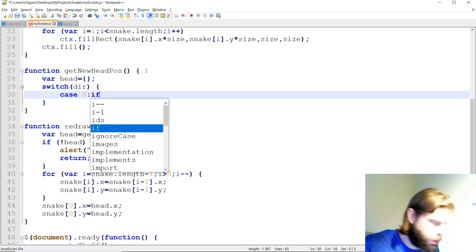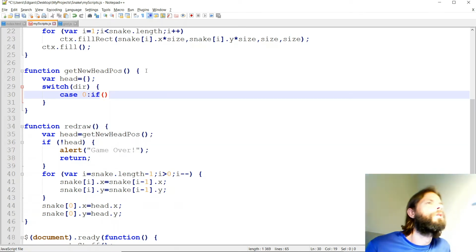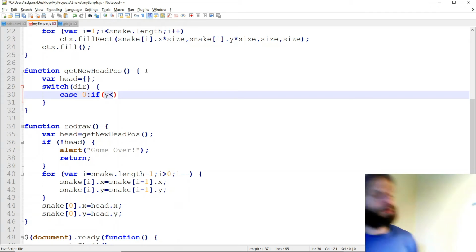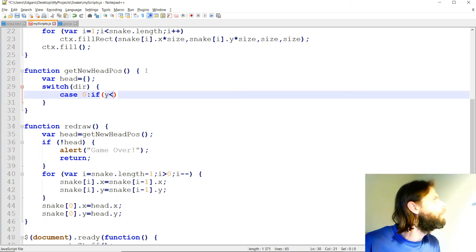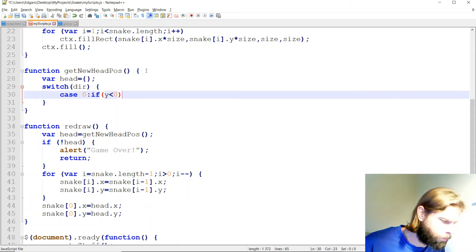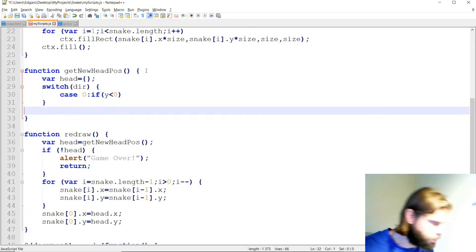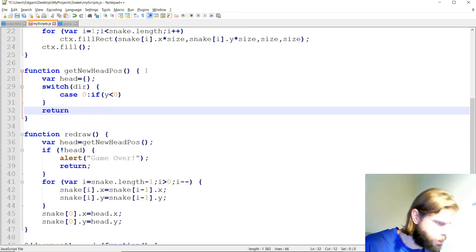Yeah, we have to check here whether or not the upper border has been reached, right? If the upper border is reached, meaning that y is less, no, or actually, okay, we will think about it. If y is less than 0, or equal to 0, or larger than 0 in one case, so what will we return afterwards here is the question. Return something, head I think will be returned now,